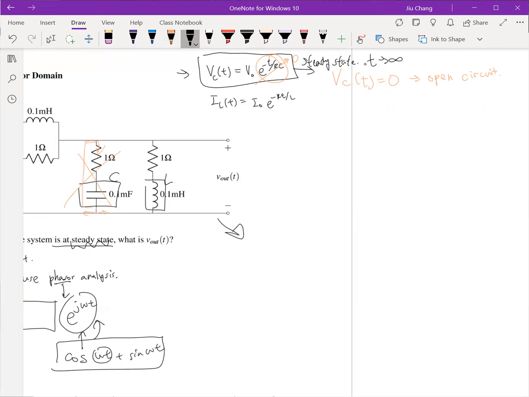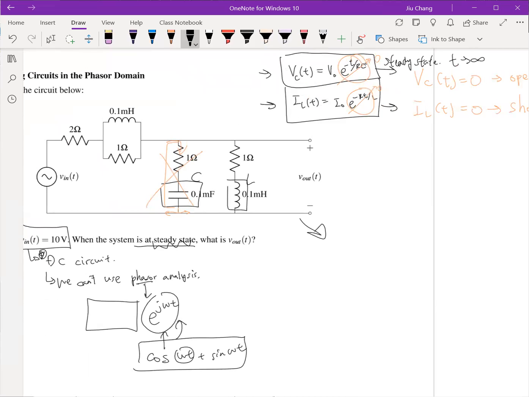And now we will look at an inductor behavior. So similarly, as it reaches the steady state, this exponential part goes to 0. So this time, the current goes to 0. And when the current goes to 0, it basically means that it acts as a short circuit. Okay. So now we can simplify this as